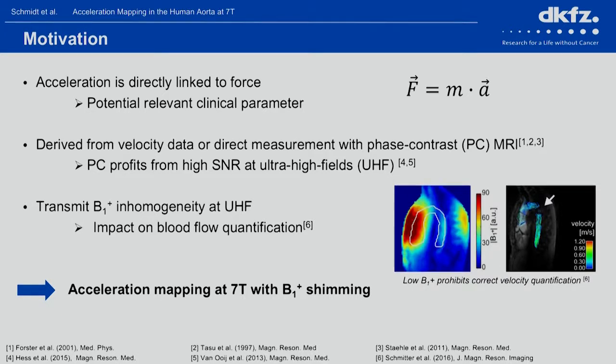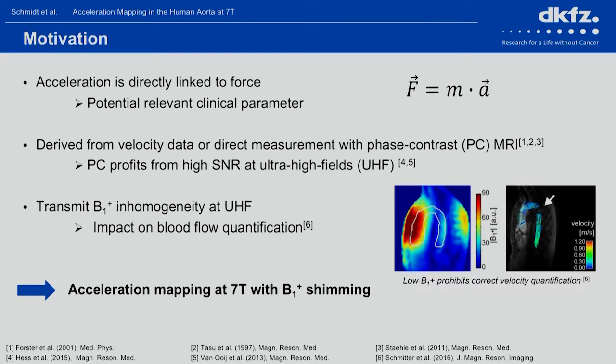We can either derive acceleration vector fields from measured velocity data, or it has also been shown that we can directly measure acceleration with phase contrast MRI, and this has been done at lower field strengths. It was also shown that phase contrast velocimetry profits from going to ultra-high fields because we gain signal-to-noise ratio. However, as we already heard before, going to these high fields also has some drawbacks, and